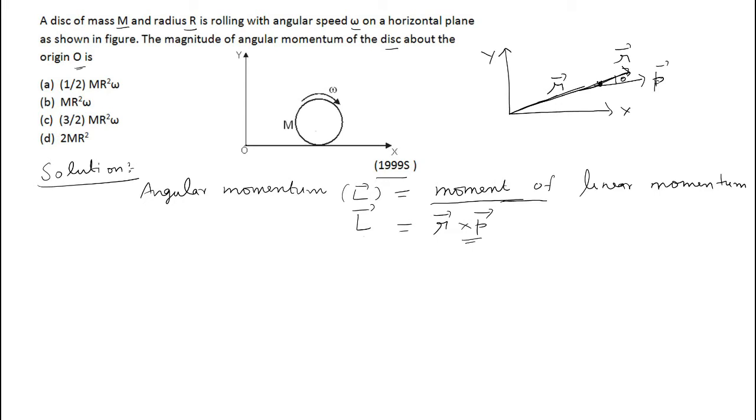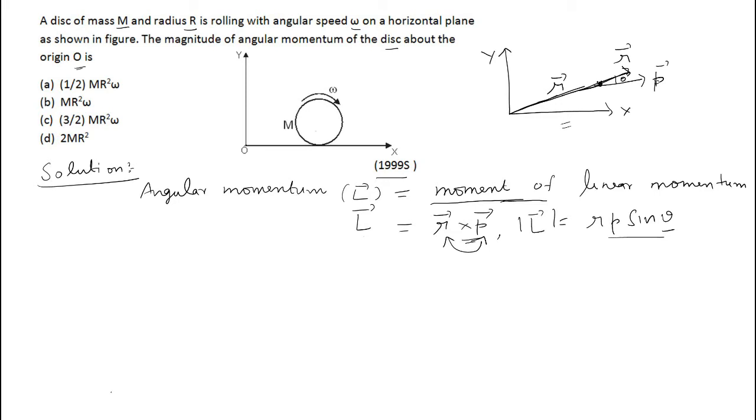Is it clear? Now you can give another interpretation to this. Of course, magnitude we will first finish. RP sin theta. What is theta? Angle between this vector R and vector P. The diagram I have shown there. So either you can find the angular momentum this way, or you can use some other approach for this particle.